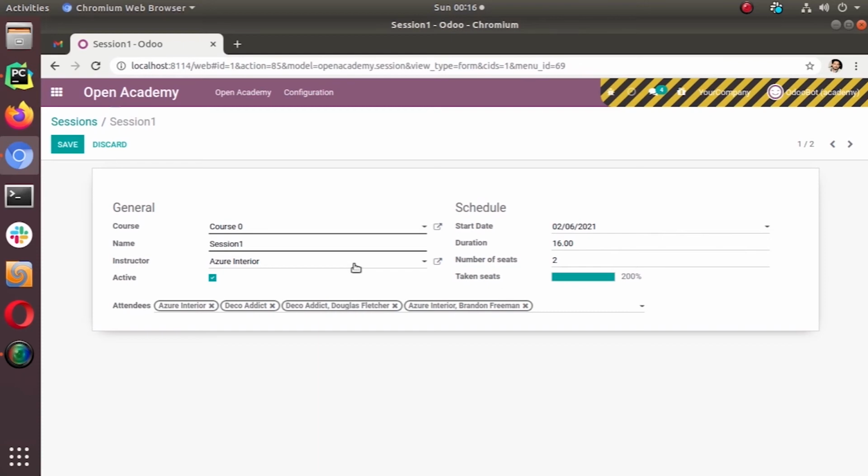So you cannot use these create, read, write, unlink methods, but you can use the update method. Okay, you can use the update method, or you can use the equal to